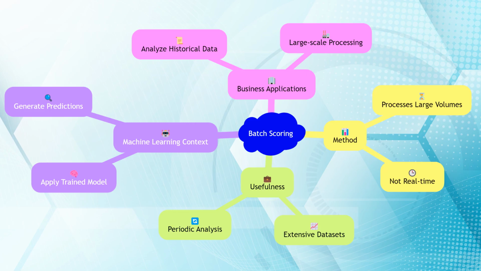Batch scoring is a method used to process large volumes of data at once, rather than in real time. This is particularly useful when dealing with extensive data sets that need to be scored or analyzed periodically. In the context of machine learning, batch scoring allows you to apply a trained model to a dataset to generate predictions or insights. This process is essential for businesses that need to analyze historical data or perform large scale data